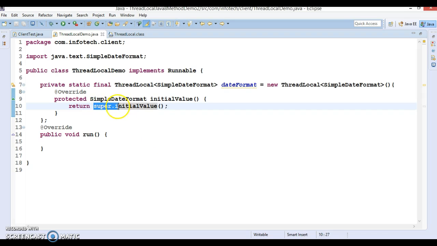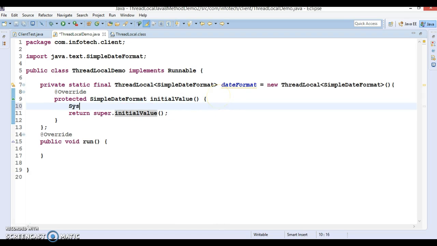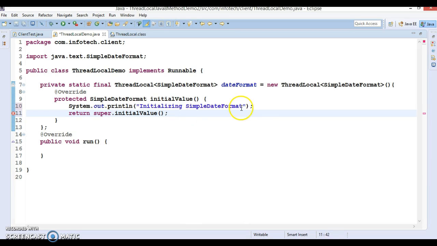So here I have overridden initial value, and let's print a SOP saying initializing simple date format for, and I can print the thread name as well.